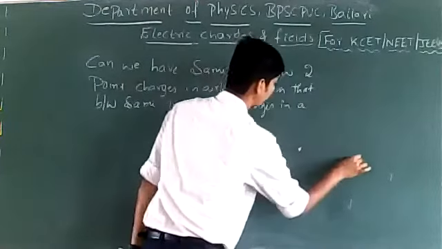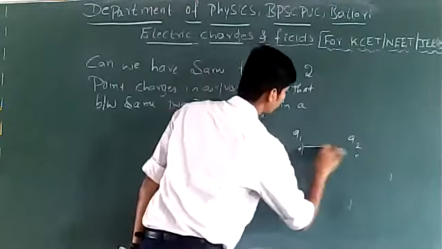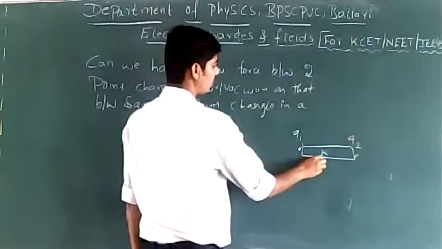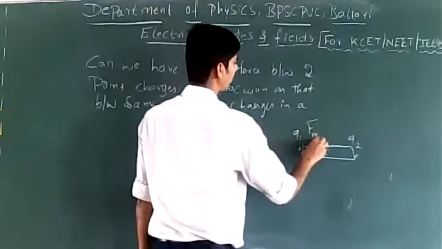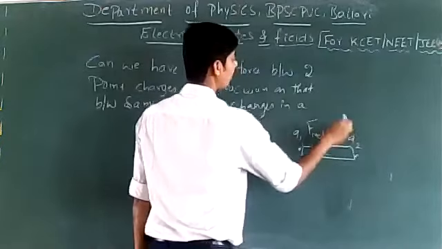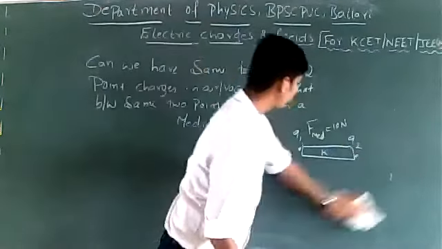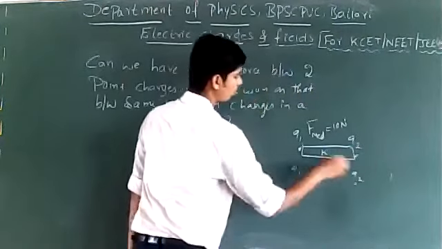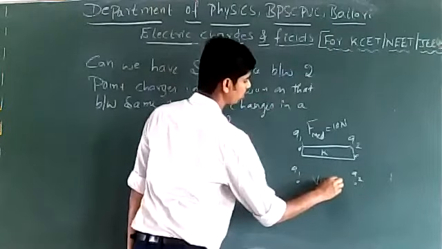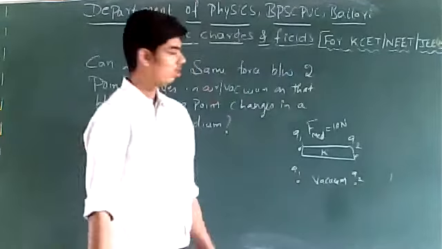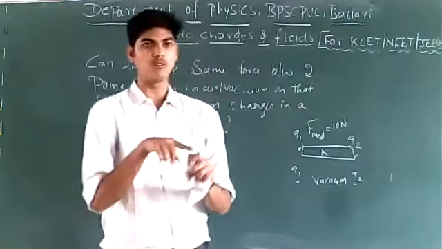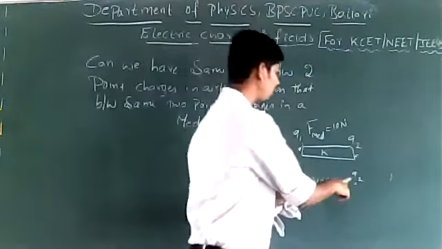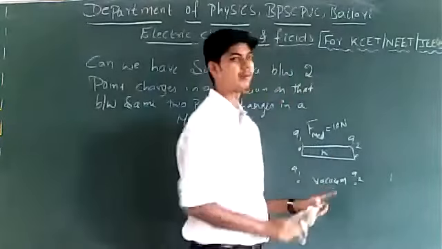Suppose these are the 2 point charges Q1 and Q2, and suppose this is a medium between them. Let us suppose the dielectric constant of the medium is 2. In presence of this medium, let us suppose the force between the 2 point charges is 10 Newton. Now the question is, I remove the medium between the 2 point charges Q1 and Q2, and the space between the two charges will now be air or vacuum. When I remove the medium between the two charges, we know that force has to increase. But the question is, is it possible to maintain force between 2 point charges in vacuum same as that in medium?